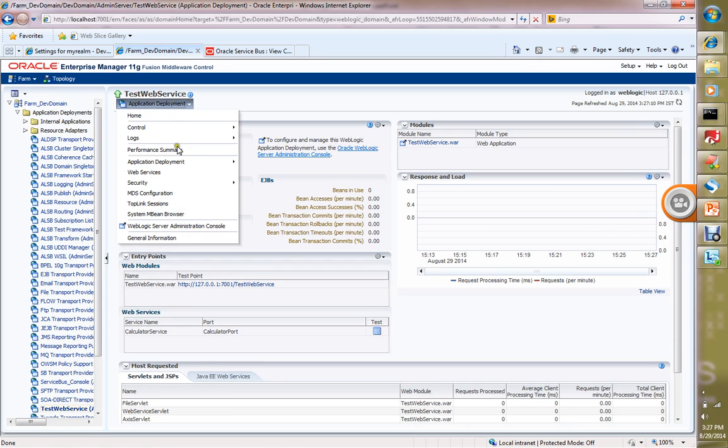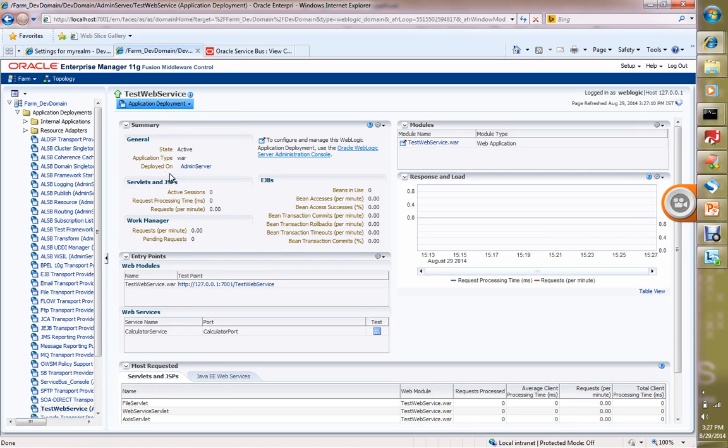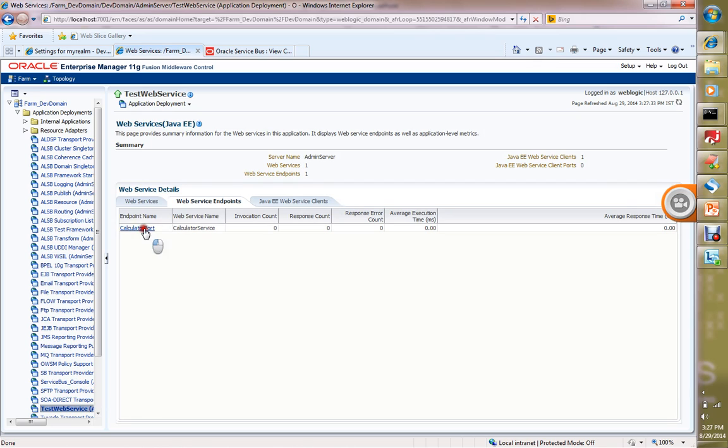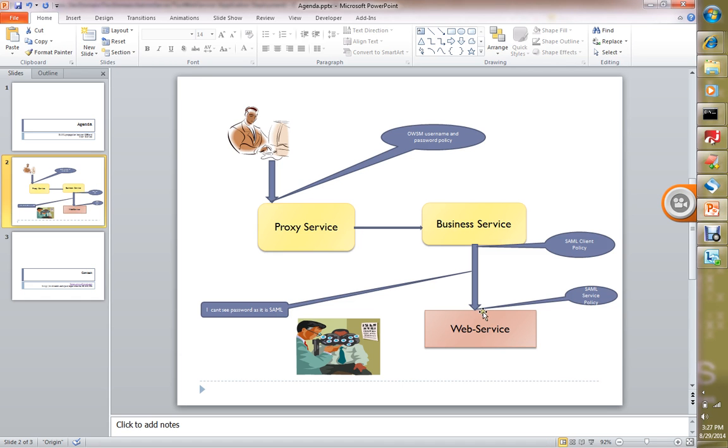Go here, go to web services, go to endpoints. So this is, after applying this, the